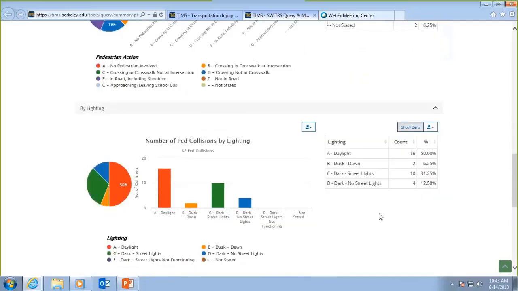Something here that's worthy of pointing out is that there's a lot of crashes happening in the dark. Some of them no street lights, some of them dark with street lights. It's a high enough percentage that there might need to be some training or maybe consideration of what's causing that. And then